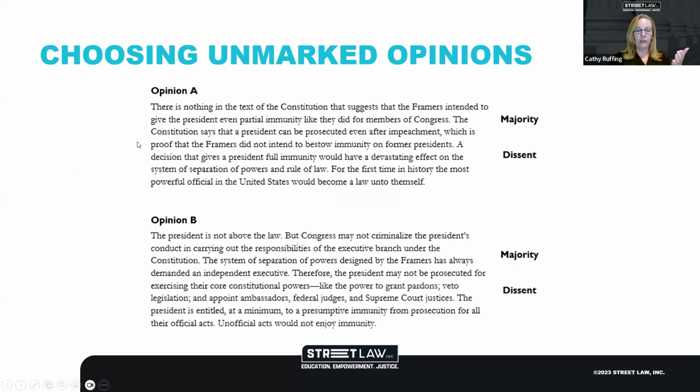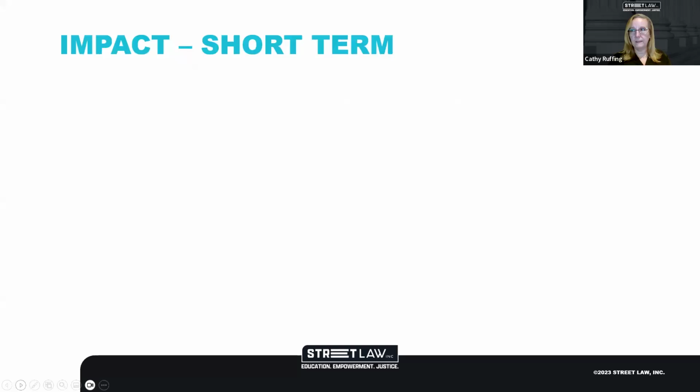If you are playing along at home and looking at the case summary, you'll see these are shorter versions of our summaries of the opinions, with any words taken out that would tip the answer, like "the dissenters wrote" or "the majority wrote." Then you would have your students identify opinion A as the dissent and opinion B as the majority. It's a pretty quick activity. It especially is good if what you want to get at, maybe in an AP required case or something, is that students really understand what the majority opinion was.